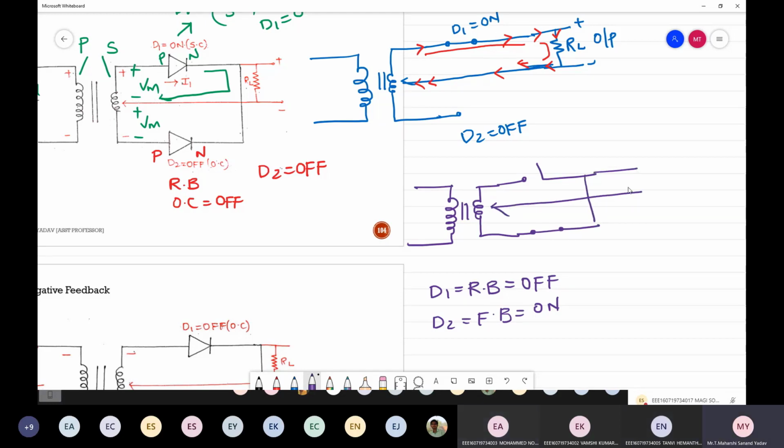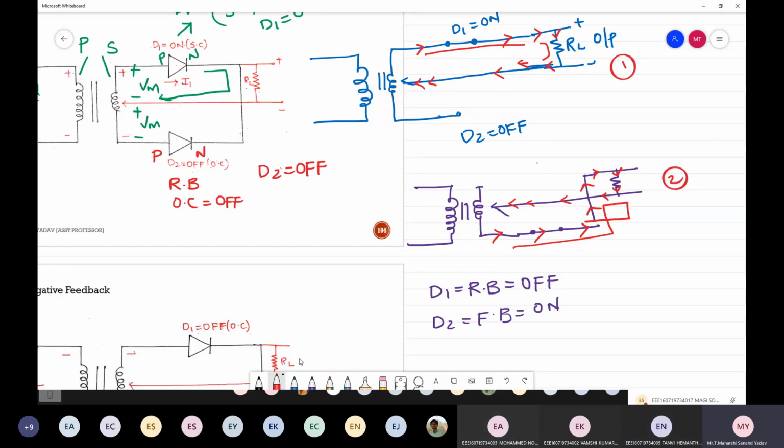Next I'm connecting the center tap. Here, load RL. So which portion should I remove now? As D1 is off, I'm trying to remove this, see here. Now tell me how will the current flow? It will be like positive from this, again in through the diode, and again it will come to this portion. You better try to follow these arrows. Are you able to understand this? So simply it flows like this. Again it is tapping the transformer. This is case number 2, whereas this is case number 1.